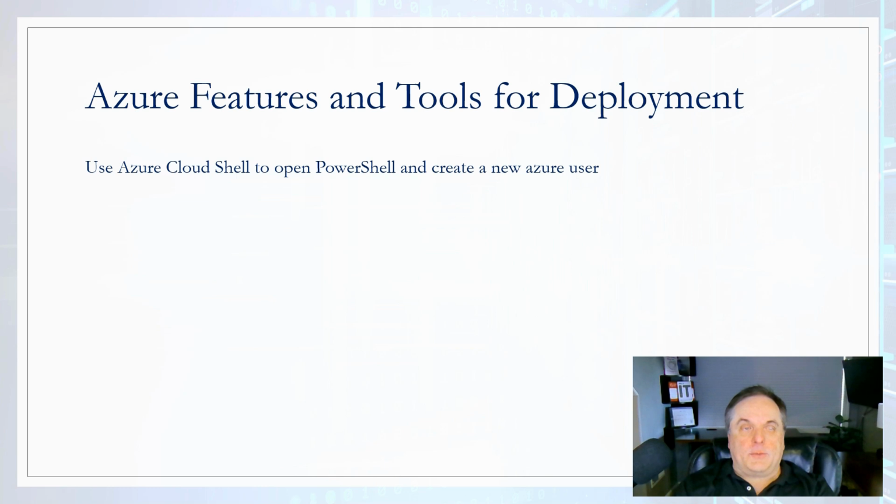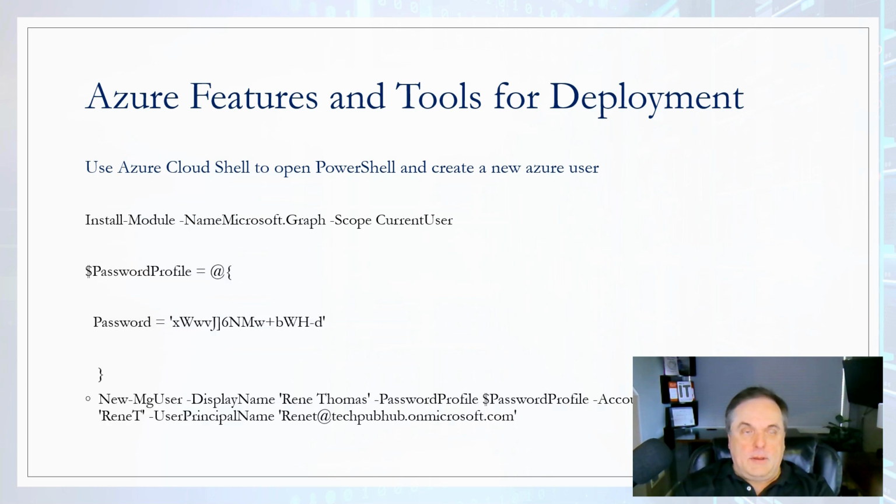I'm going to show a demonstration where I use Azure Cloud Shell to open PowerShell and create a new Azure user. First, I'll install the module for the Microsoft Graph, and if you don't have the module installed, then the cmdlets that you type afterwards may not work properly. First, I'll create a password profile, which includes a password, and then I'll create a new user with the display name of Renee Thomas. I'm going to enable the account, create the nickname of ReneeT, and create a fully qualified user principal name, which is going to be ReneeT at